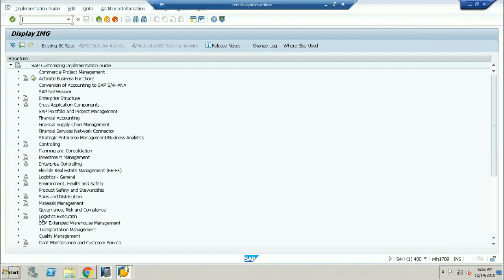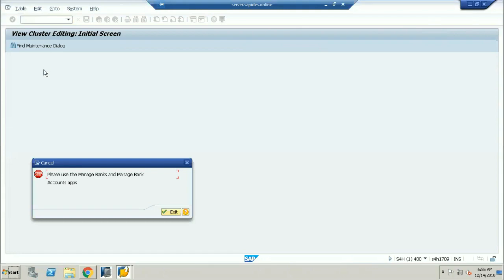For example, earlier you were creating house banks. FI12 is the transaction code. Whenever I want to create my bank account, like house banks, in SAP ECC I use the transaction code FI12. Now, if I want to use the same transaction in SAP S/4HANA and I press enter, the system gives me a message.